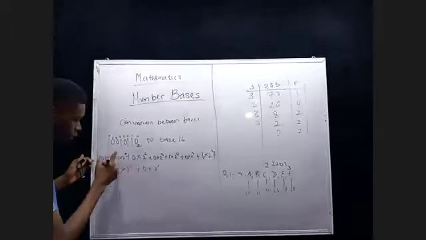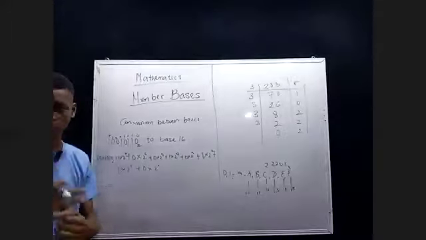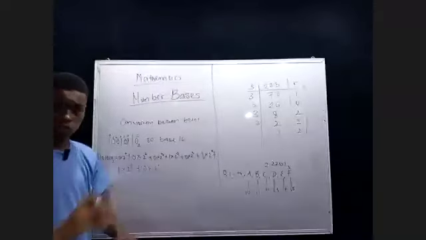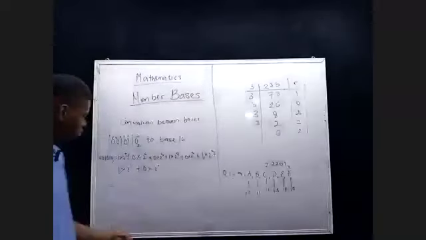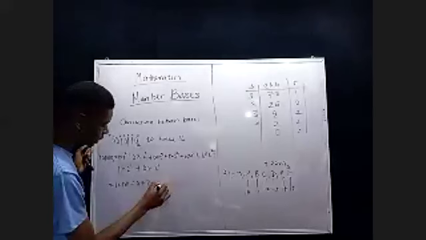So I have 1 times 2 raised to the power of 7. Anywhere I have 0, I'm just going to write 0, because when I multiply anything by 0, I get 0. Then 1 times 2 raised to the power of 4 is going to give me 16,